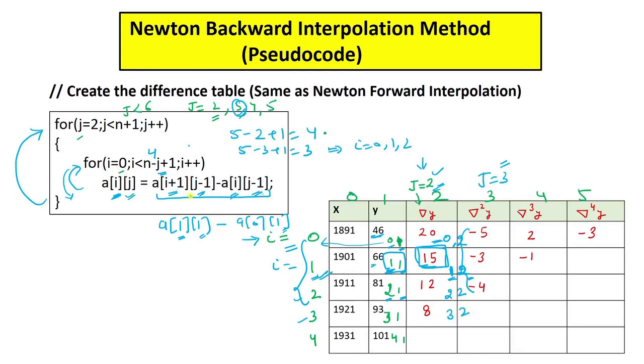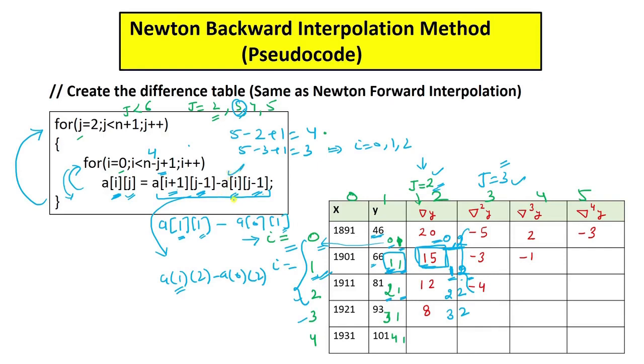Okay, so let's see for the last time whether we are getting the same values here. Here you can see I have to subtract 15 minus 20. So I should be subtracting a of 1, 2 minus a of 0, 2, right? Here you can see my i is actually this 0, so I need 0 plus 1, that is 1. Okay, here I need 2, but my j is 3, so I am subtracting j minus 1, right? Now here this is 0, 2, right? So 0 is actually equal to this i.